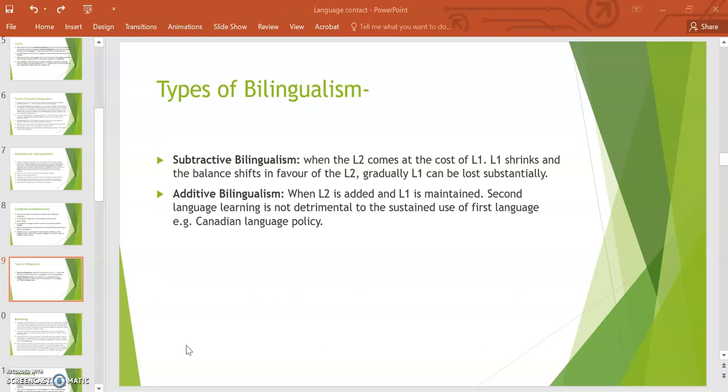Now, what are types of bilingualism? So there are two types of bilingualism: subtractive bilingualism and